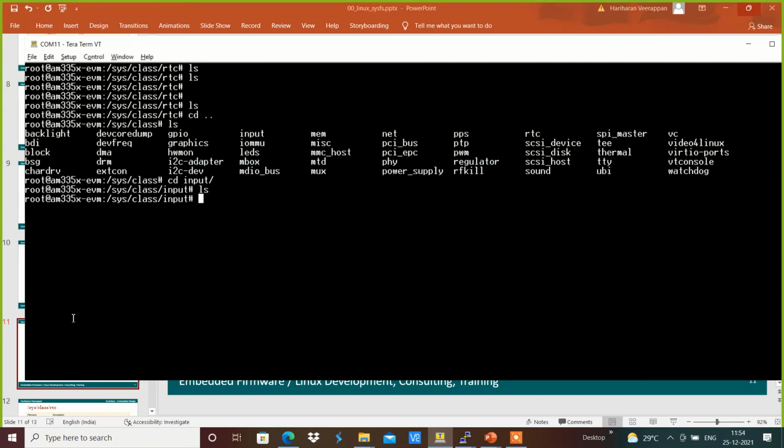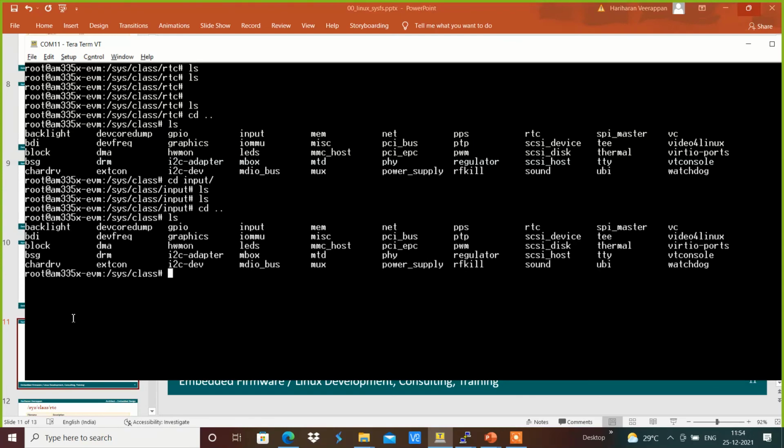It does not get powered up. Basically all the input devices will be available within dev sys class input.